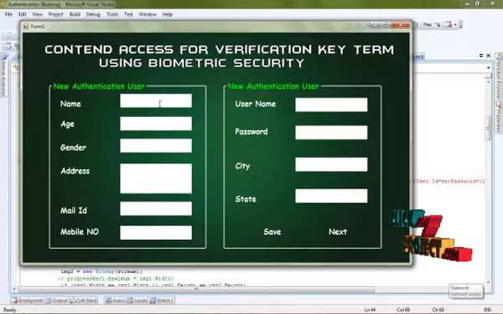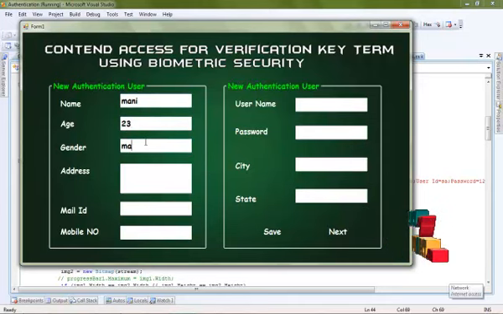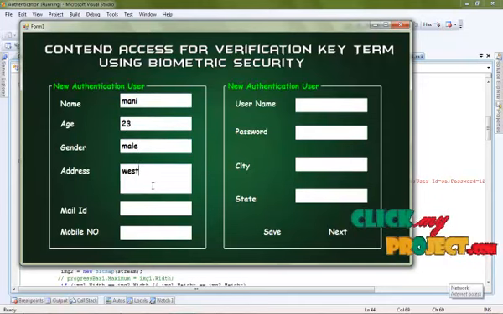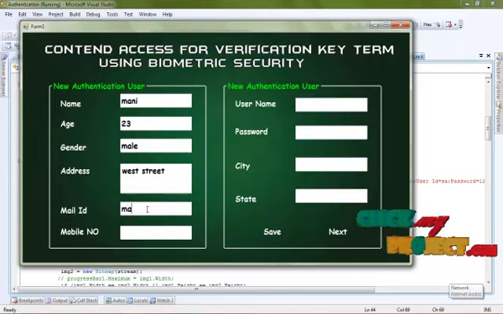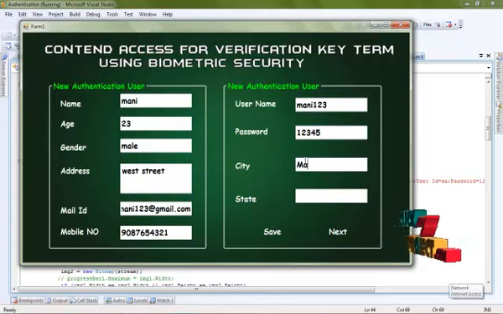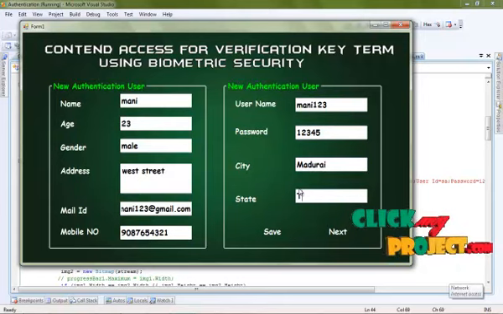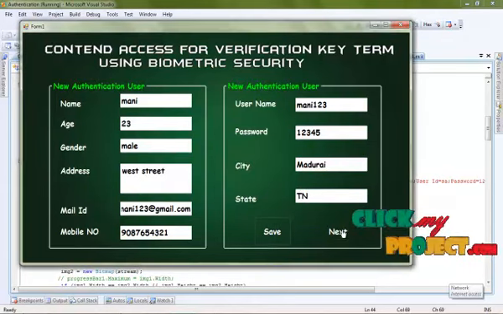For example, the name is Money, age 23, gender male, address West Street, Madurai, Tamil Nadu, mail ID money123@gmail.com, mobile number 9087654321. The username is money123 and the password is 12345. Click the save details button and the data is saved successfully. Then click OK, then click the next process.